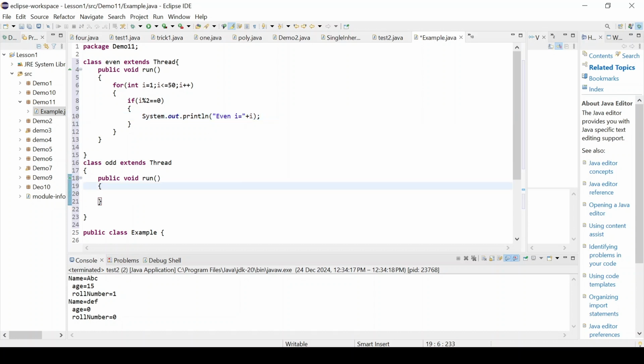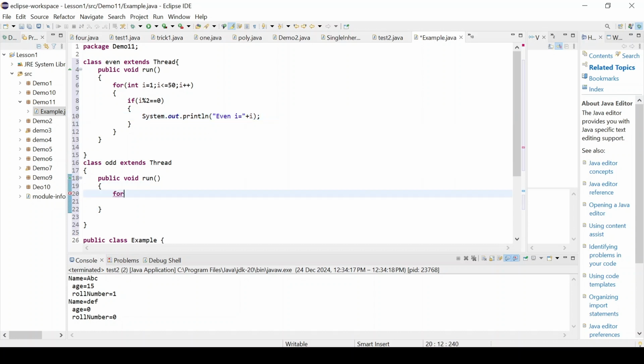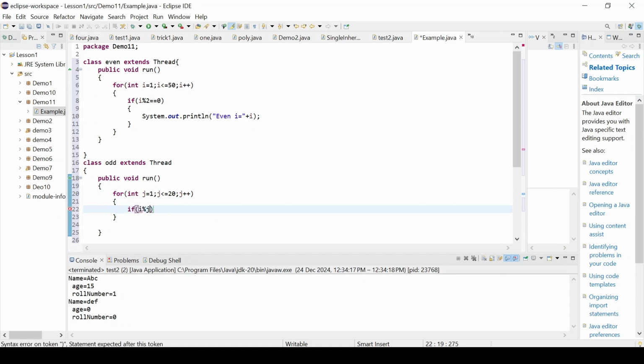Now here we have to go for odd. So for integer j equals to, we are starting here with 1; j is less than or equal to 20, it should go up to 20; j++. And here we have to check for odd number. So if i mod j is not equal to 0, that means remainder is not 0, then